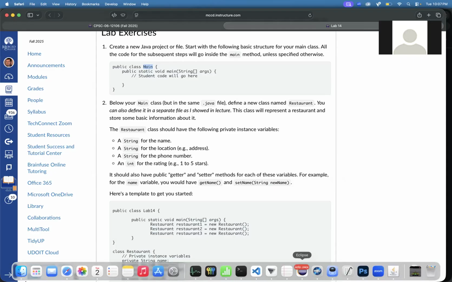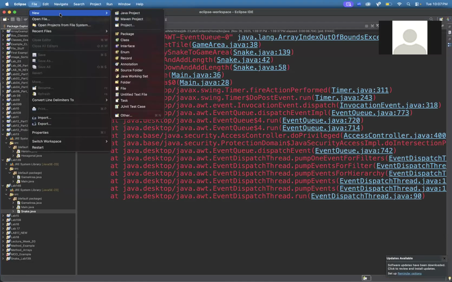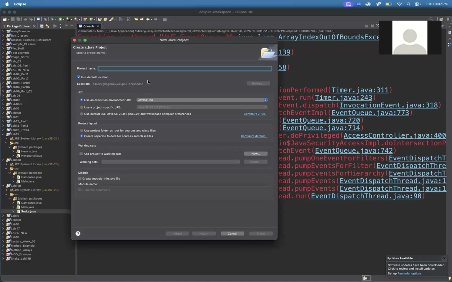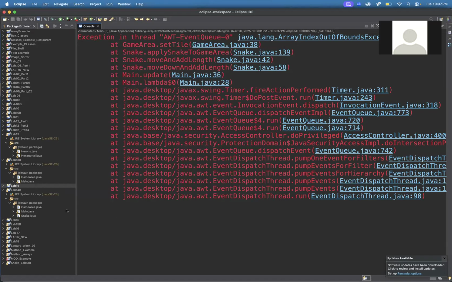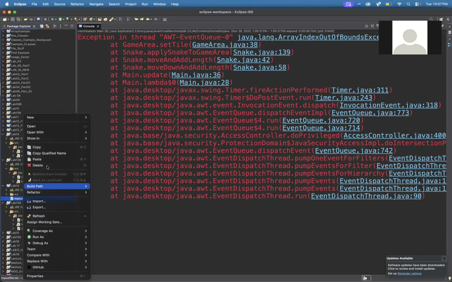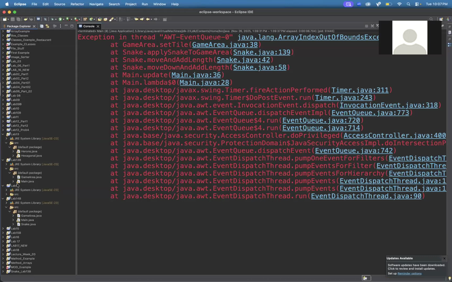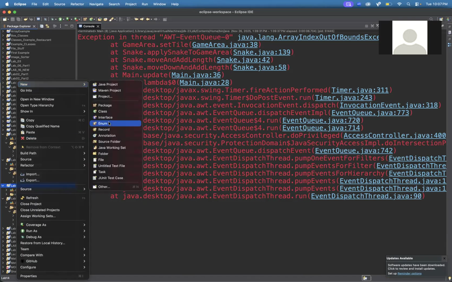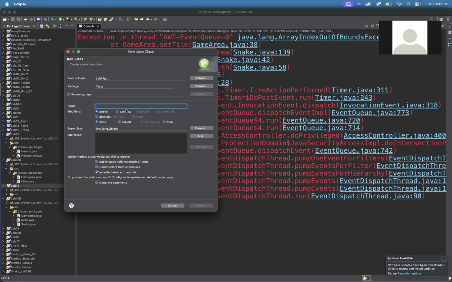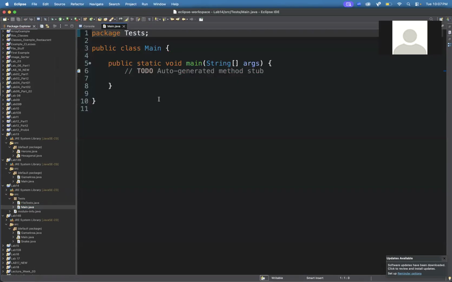So let's go over here and let's just create a file, new Java project. Call it whatever we want. I'll just call it Lab 14. And that's it. So we have Lab 14. Oh, I see that I've got stuff left over from last semester in here. Gonna erase this. Okay. So Lab 14, I'm gonna do new class. And we can call it anything, but I'm gonna call it main with a capital M. And I'll check the box for public static void main. So we get a blank